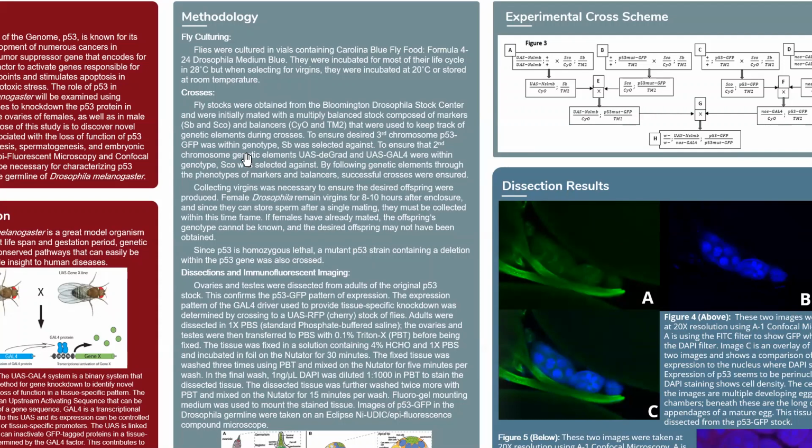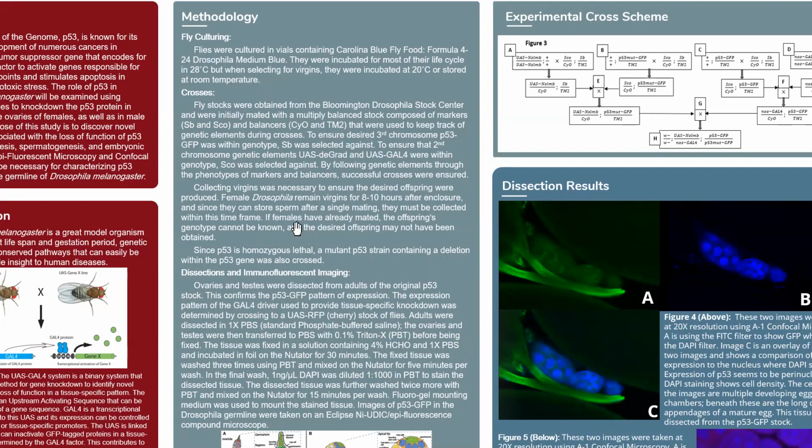So we selected against scutoid, which is the loss of the back scutellar bristles. We use those to ensure that the degradFP and the UAS were there. And then to ensure that the third chromosome p53 GFP was in the genotype, stubble was selected against, which is when the bristles are shorter than usual and they don't cross. We didn't want to have those in our crosses,